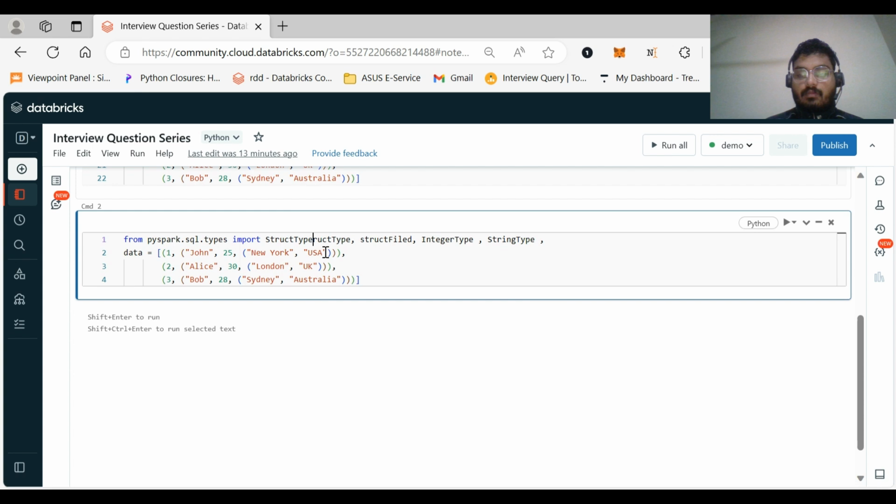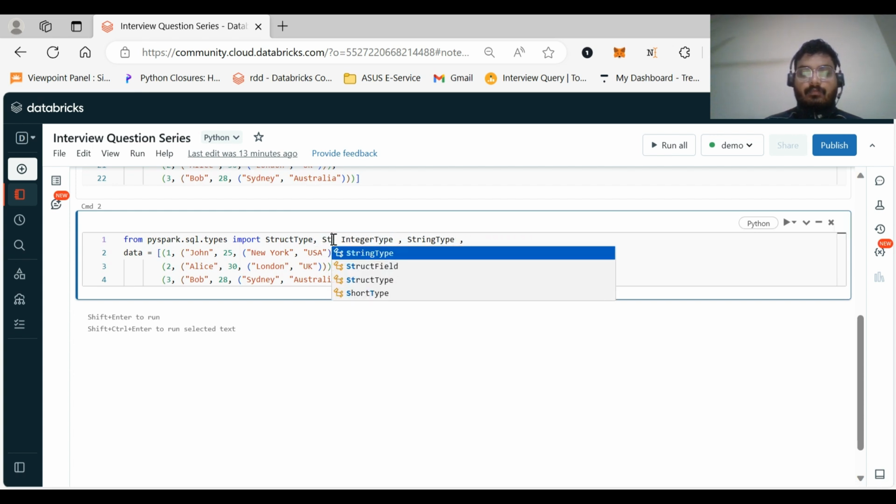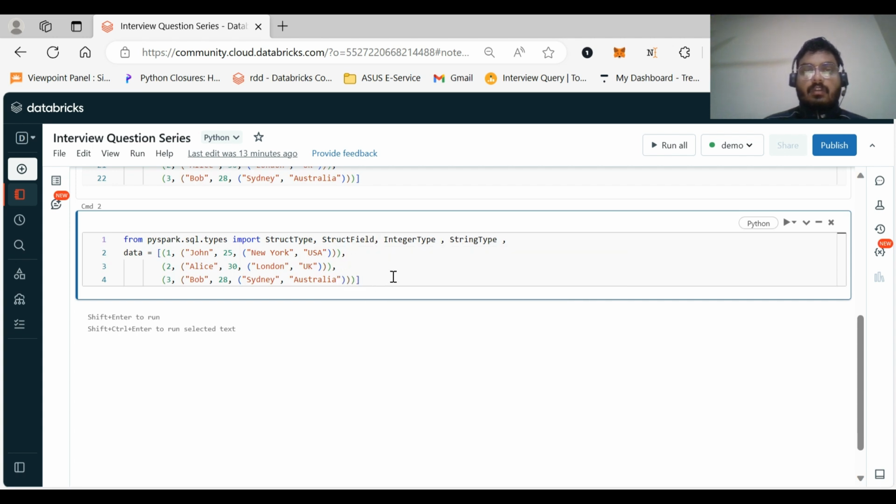And I think this will be string, this will be integer, and this will be string. So I think this much will be enough for us.